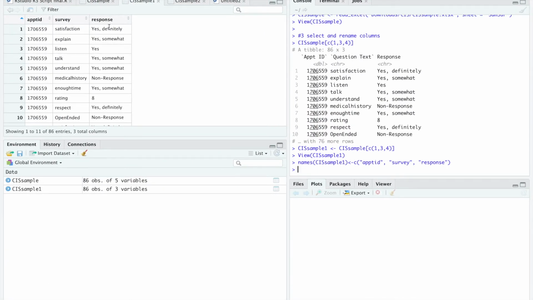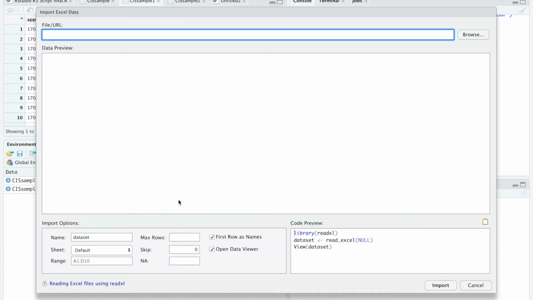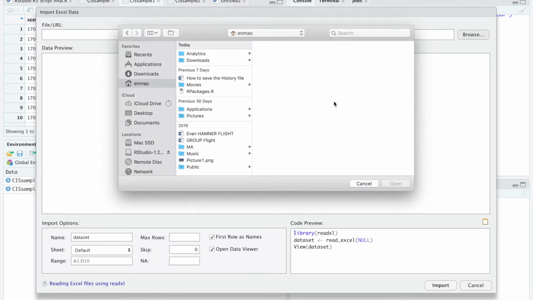So again, we're recoding the response column, and we want to make sure all these text responses are converted to numbers so we can use them in data analysis. Typically, the good practice is to use a template so you don't type in everything and introduce a lot of errors. So I'm actually going to import the coding sheet in my Excel file that I showed you earlier. So let's go ahead and import that from Excel. I'm actually going to import